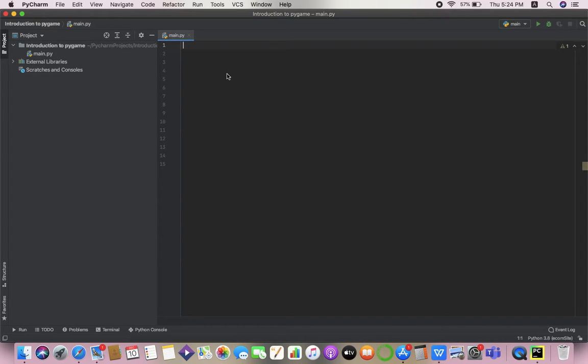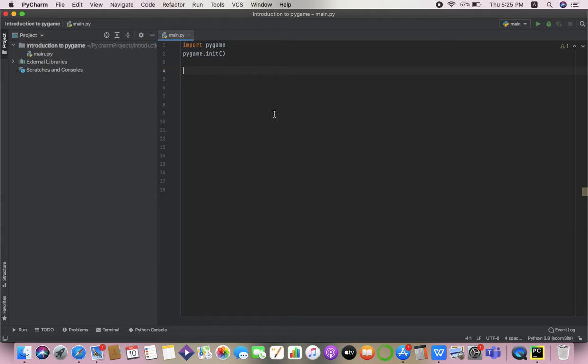In today's video, we will learn about setting up the game window. In the previous video, we learned about importing and initializing the Pygame library, and we will do the same as the first step of creating any game. Import pygame and pygame.init. So after we have done these two steps, we are ready to use the Pygame functions.